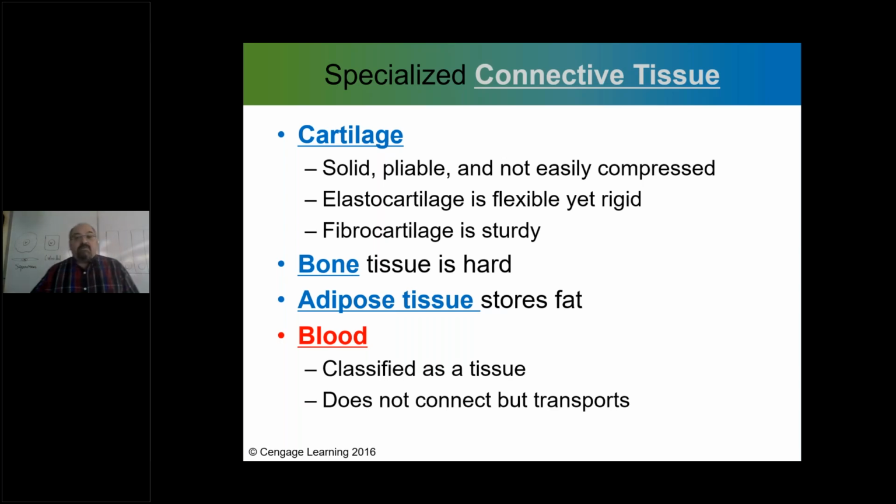So you'll see here, not easily compressed. That's a big deal. Question? No? Okay. It's good to stretch. So it can't easily be compressed. For the cartilage between the bones of your spine, it's very important that they're tough and durable, and that they don't allow a whole lot of compression and then stay that way over time.